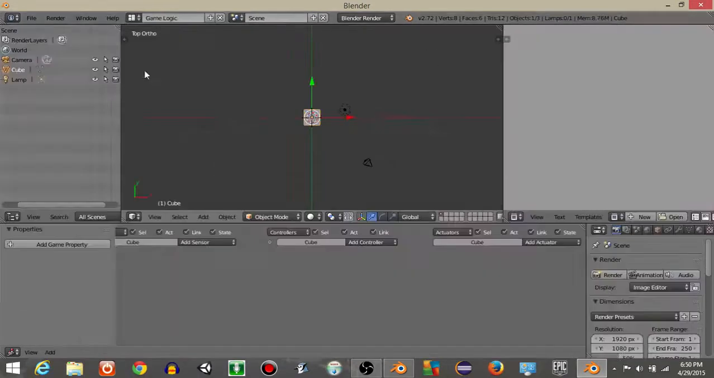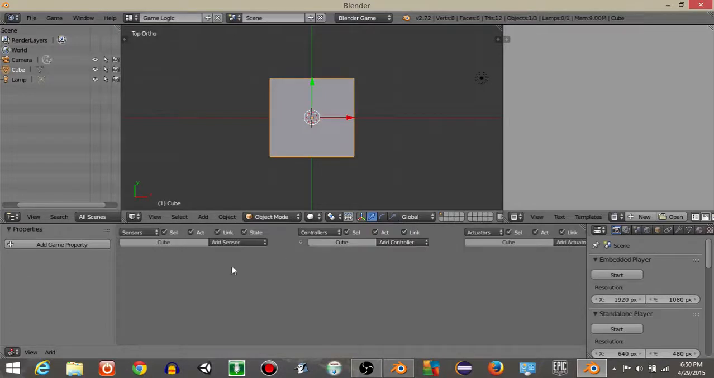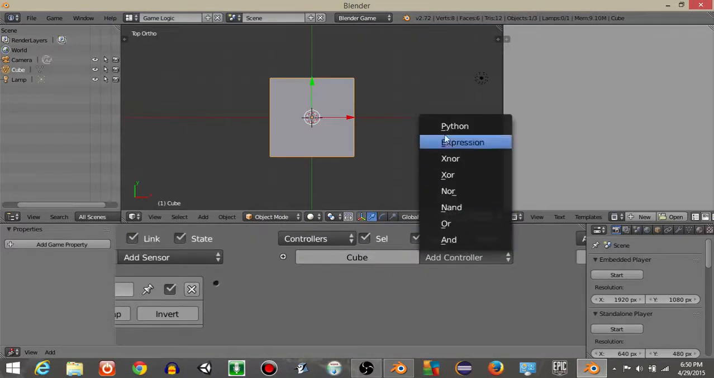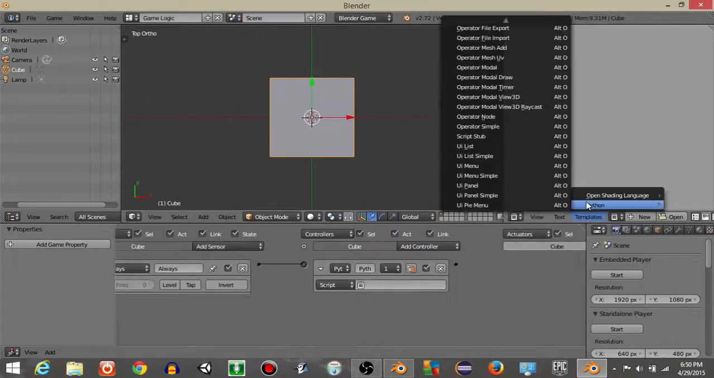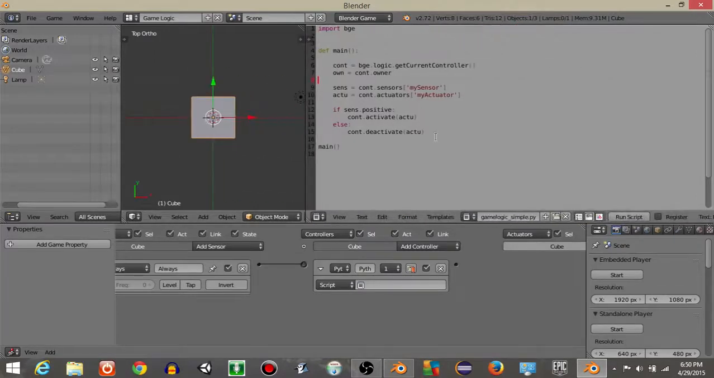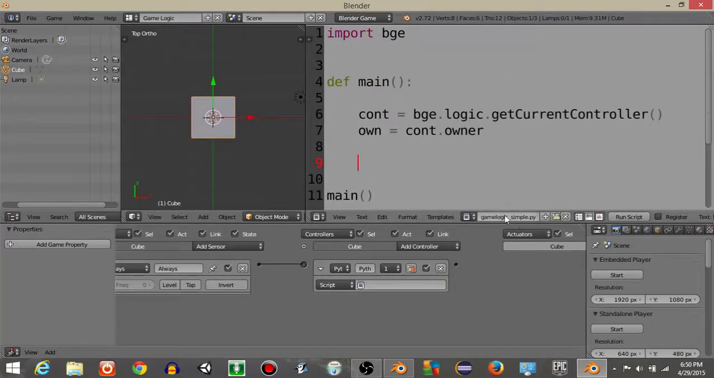So to start off, let's go from defaults to game logic and go from Blender render to Blender game. What you're going to do first is add an always sensor on this cube and add a Python controller on this cube as well and connect that to your always sensor. Do templates, Python, and then game logic simple. Drag this out and delete the portion that I've highlighted right here. Hit Control and scroll up on your mouse to make your text larger, and rename this as scripts.py